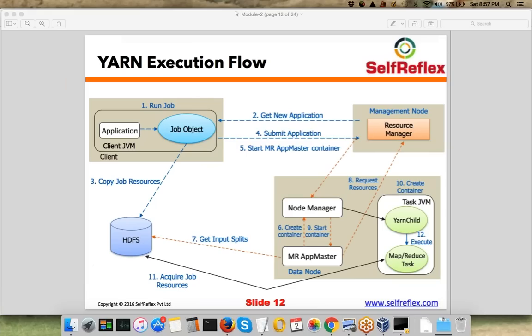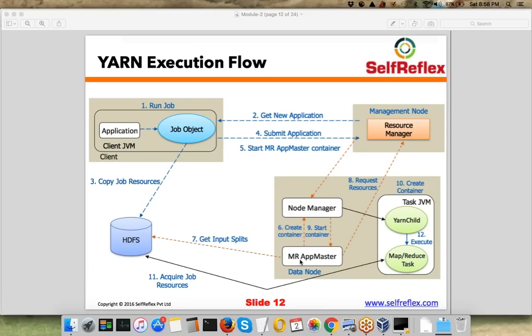So there are some further important points in this execution flow. First of all, as I said, your app master will get the location of blocks from HDFS, from the name node, and it will tell the resource manager that these are the locations where my data is present that I want to process. Can you give me containers on these nodes, right?